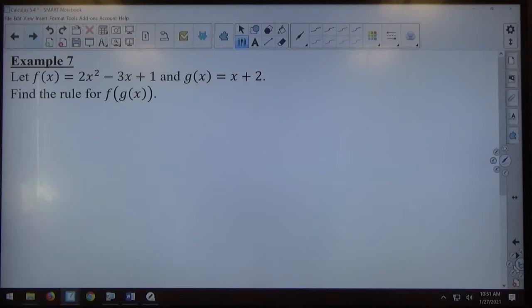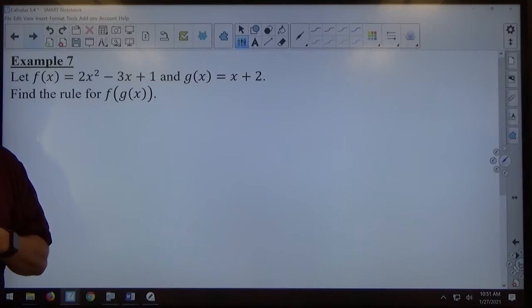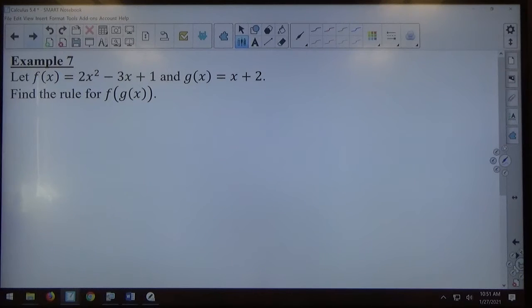Okay, specifically for composition of functions, I don't look at the individual functions for domain. I look at the overall composition of functions for the domain. So what I'm going to do is create this answer, then look at that answer to see what the domain of that thing is. So, with that in mind, if I'm doing f of g of x,